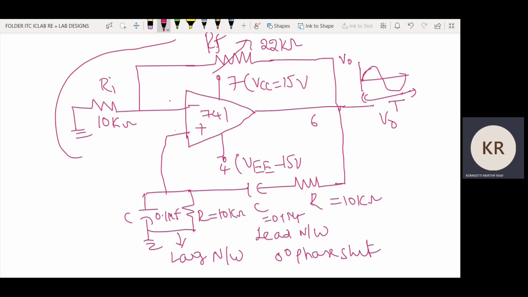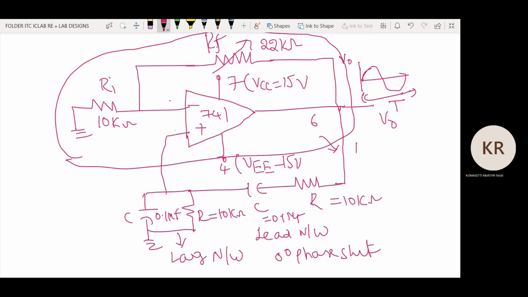The entire one is the amplifier circuit. The amplifier circuit introduces 0 degrees phase shift because the amplifier is connected in non-inverting mode. 0 degrees phase shift because the output of the feedback network is the input to the amplifier. The input to the amplifier is here, second one, here third one. The input here is the plus sign. That is the reason this amplifier is called a non-inverting amplifier.